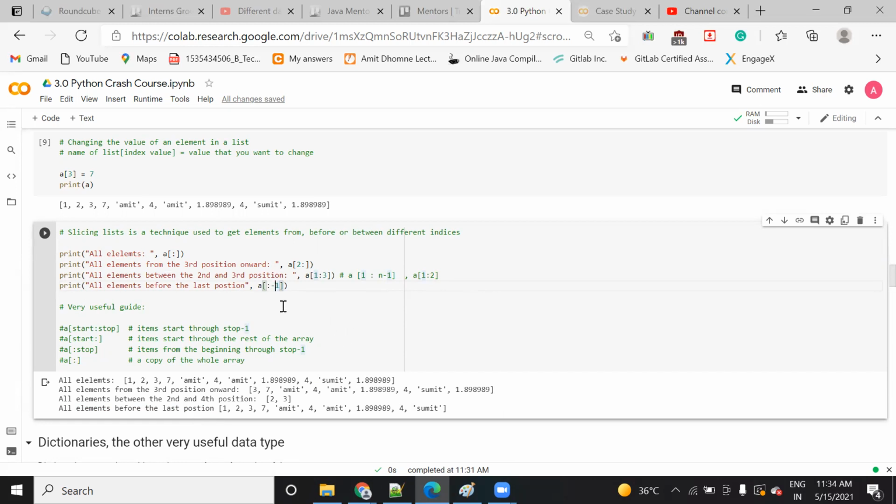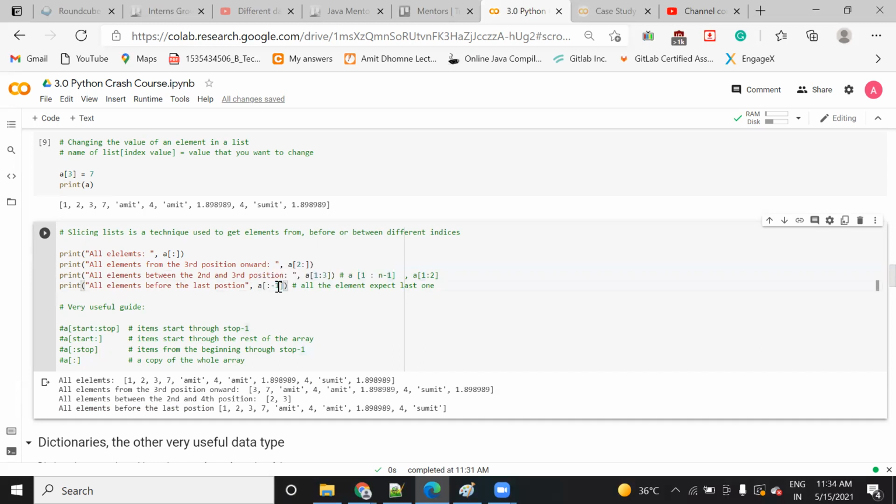So when you write a colon -1, it means that it is going to print all the elements except the last one. When you want to print with -1, we usually specify both values.